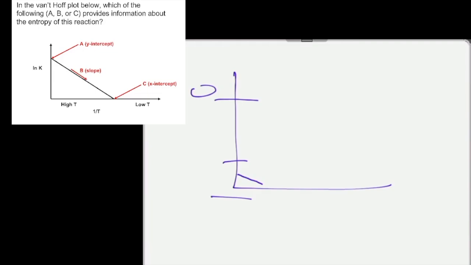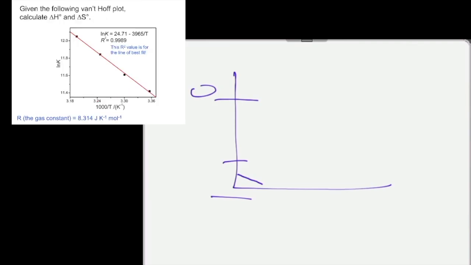Right, entropy comes from the y-intercept. Slope tells you about the enthalpy of this system. Positive or negative tells you the sign. X-intercept, what's that one for? Just for fun. Yep, we don't typically use it. You can extrapolate it back, or you can still get equations of straight lines from it, but it's not related to our thermodynamic values. So, using this numerically, the last thing we can go through here is that